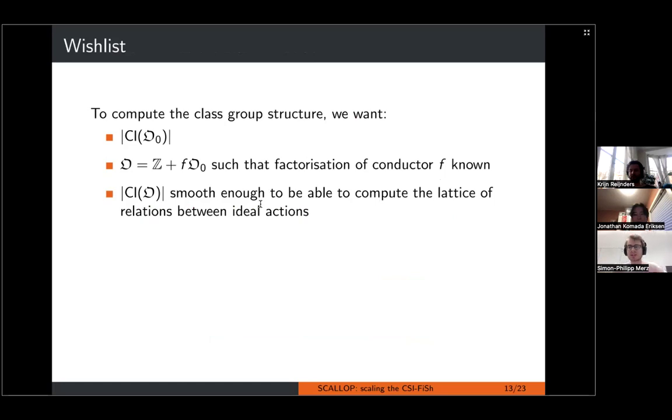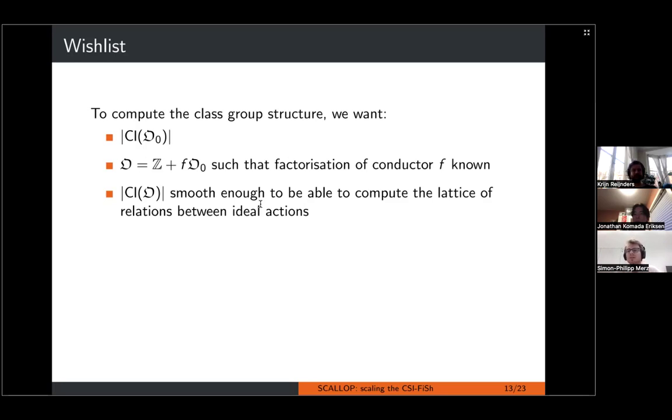So I talked about a whole bunch of things: oriented curves, group actions. Let's just take a step back to what we actually wanted. We wanted some group action for which we can compute the structure of the acting group so that we have an effective group action later, because we have a lattice of relations in which we can reduce the action and we can evaluate it everywhere.